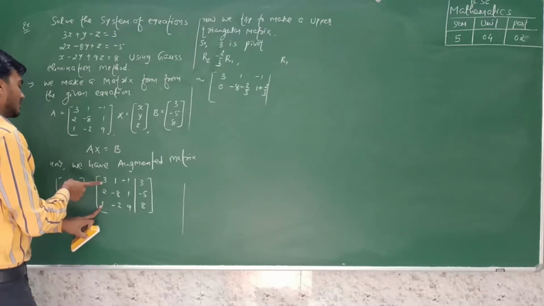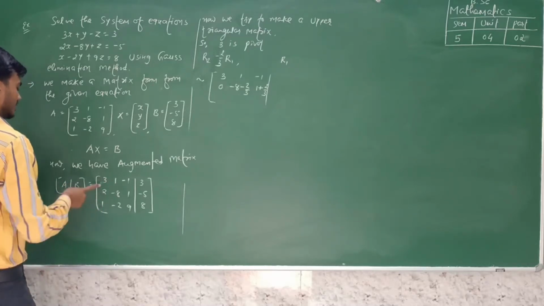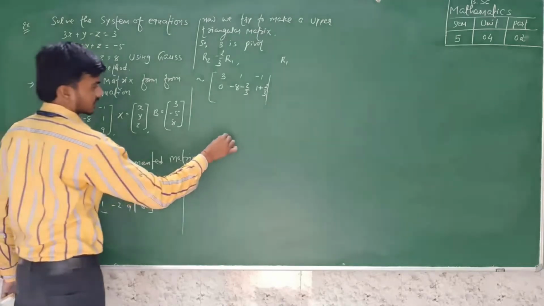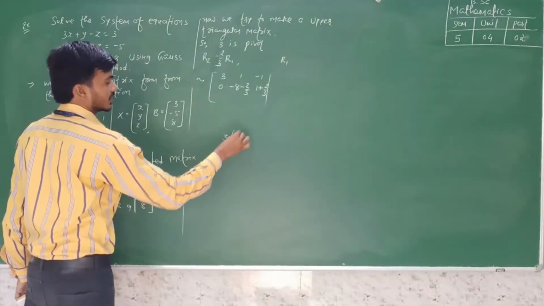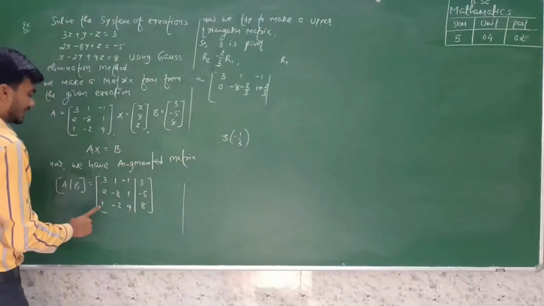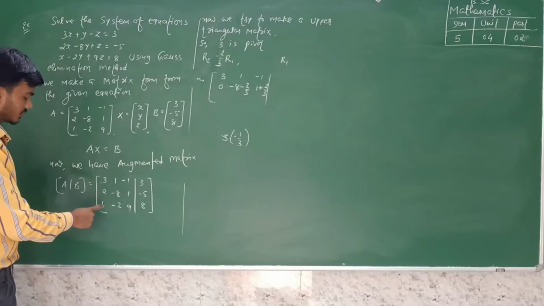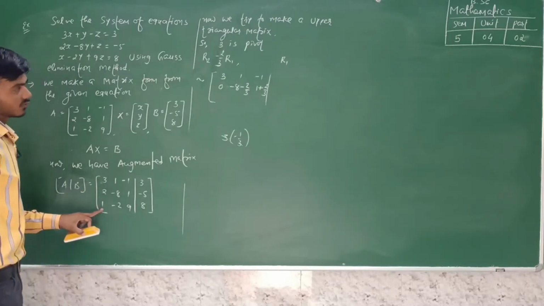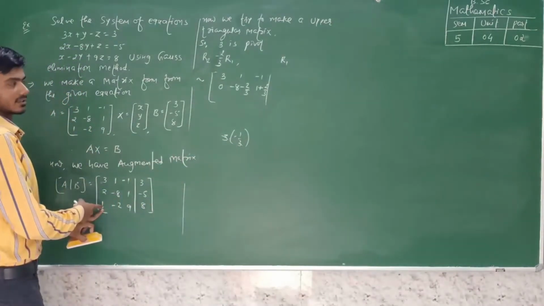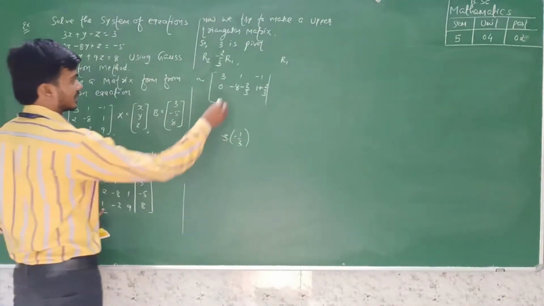So what is the value which is multiplying the first row? So minus 1 by 3. 3 into minus 1 by 3, 3 cancel, remaining minus 1. This minus 1 value is added into the third row. In the third row, 1 positive 1 is there and minus 1 will be added. So 0, 1 minus 1, that means 0.